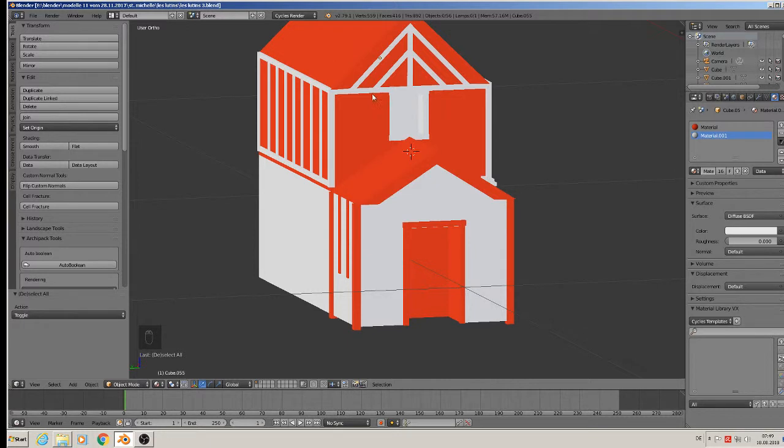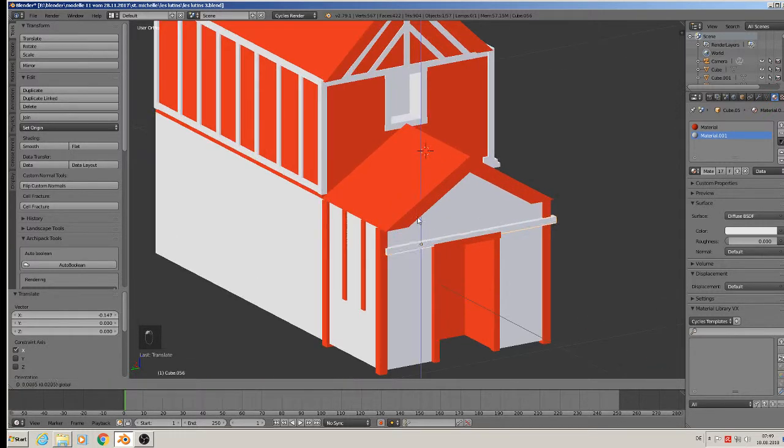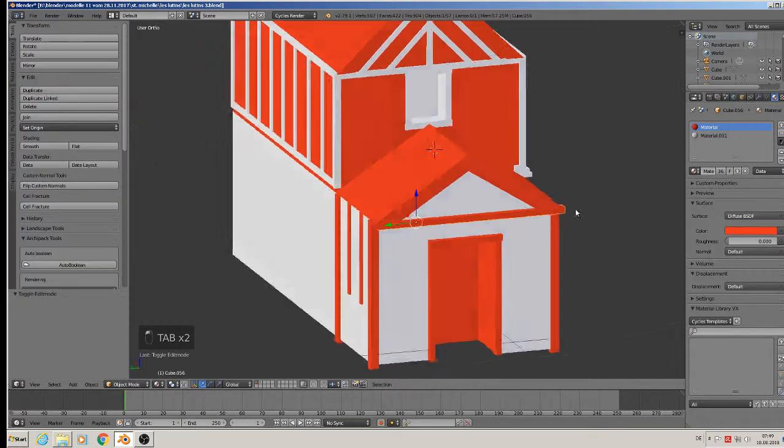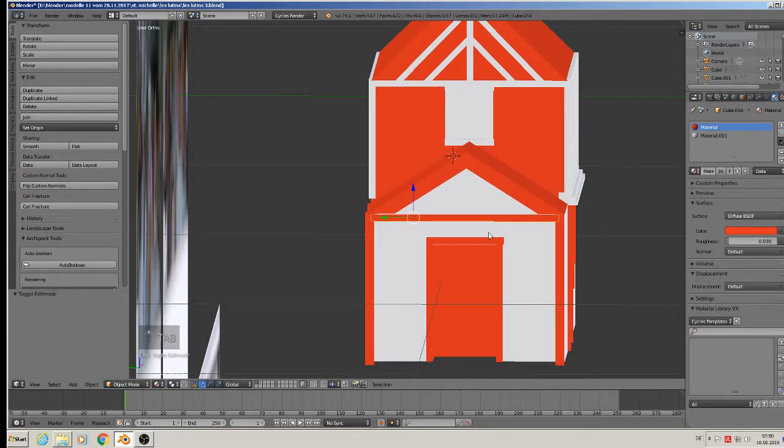We simply take that one, Shift D, bring it here in front, give it a red material, so we can make that a little bit shorter. Then Shift D, rotate X 90,